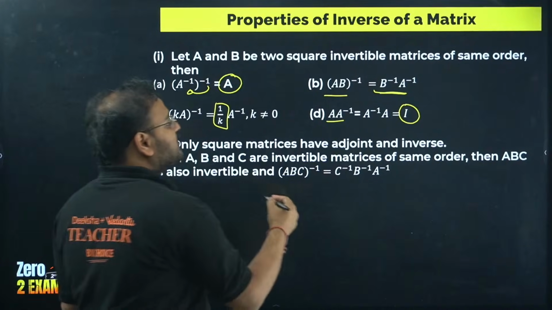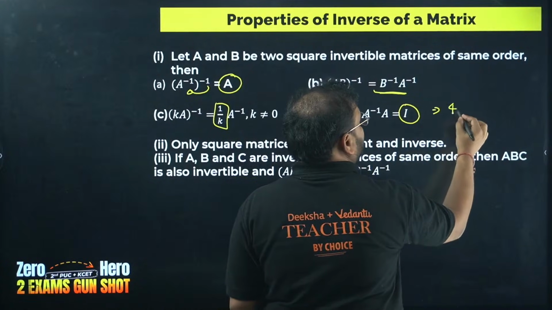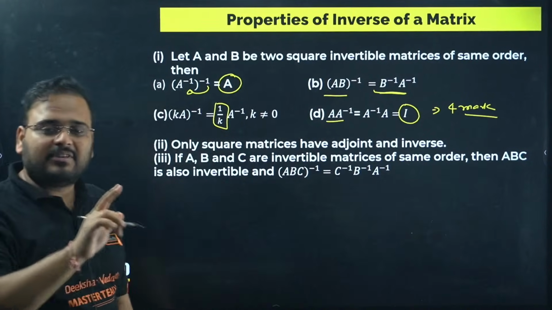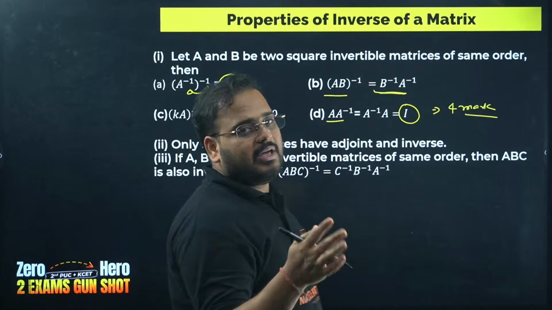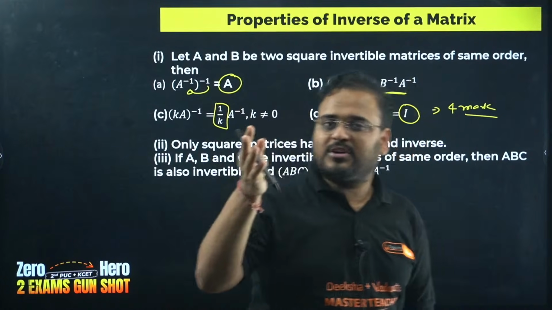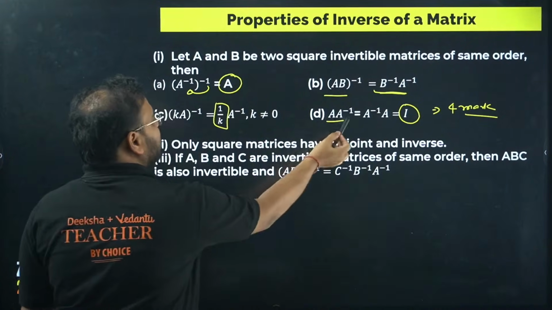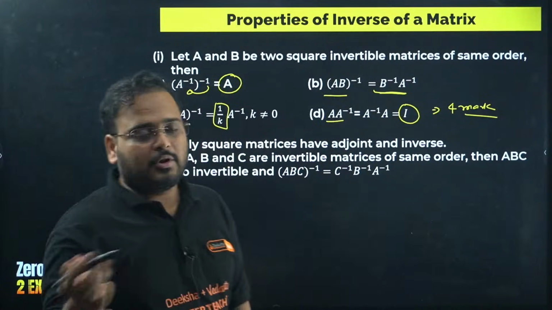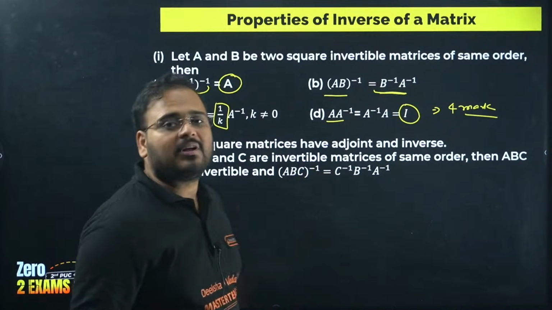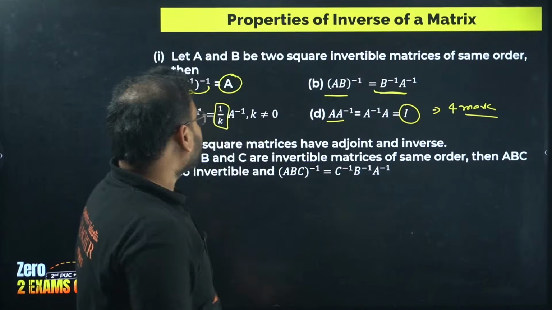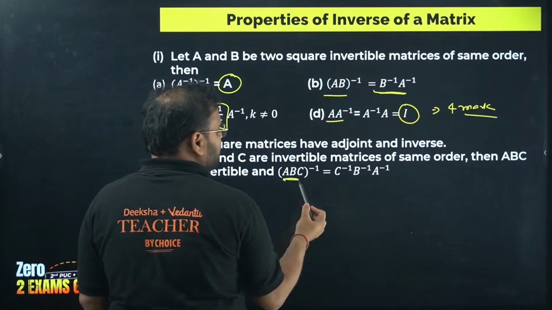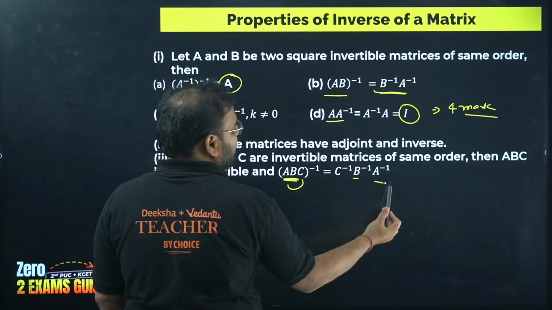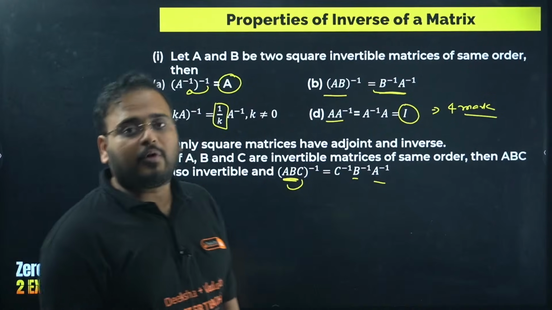We use this a lot in our product cases to find the result. Remember the 4-mark question where we use this? We have a 4-mark question based upon this property, when we have A square minus 4A plus 7I equals 0. That kind of question comes, where we multiply the matrix with A inverse or A to get the required matrix. We'll take those questions over here, I'll show it to you, don't worry. Let's say the product is of 3 matrices. Again, the order will reverse, so C will come first, B remains over here, and A goes last in the inverse of the product.